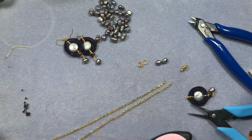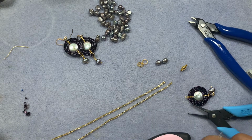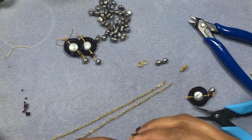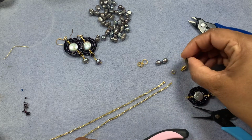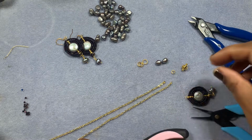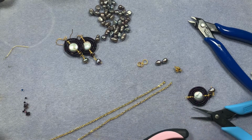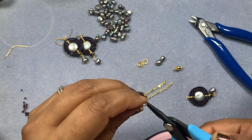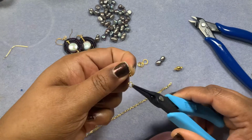So we need a couple of jump rings. So here is a jump ring box that I have, and for this I will use these 2 jump rings. This size seems to be good. The magnet just attracts all the metals. So I take 1 jump ring, open it up, put my chain through,